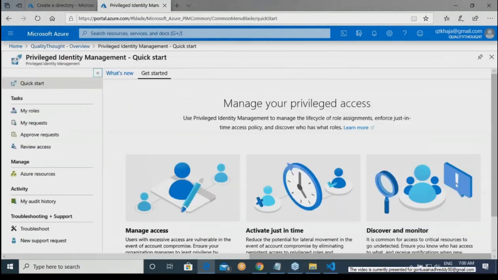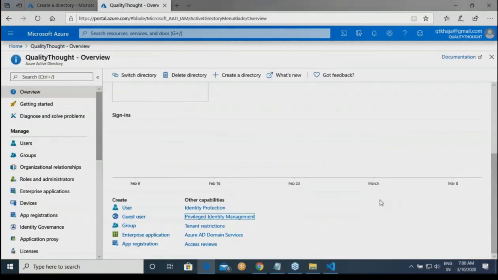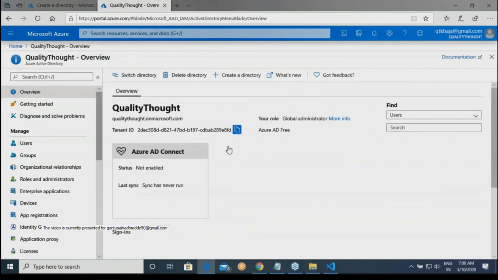I can do something called as privileged identity management. Okay. Right. And I can do tenant restrictions. I can do Azure domain services. This is a full blown version. Okay. But today we will not get into any premium P2 features. This is something which we'll discuss. But today our problem is still what? Connecting to Azure AD Connect.